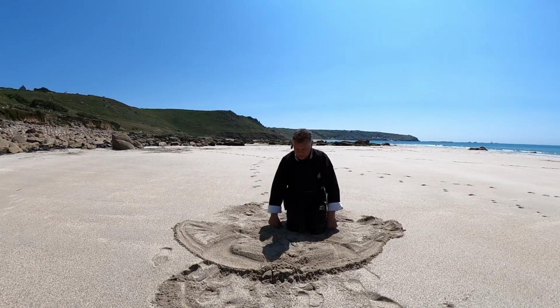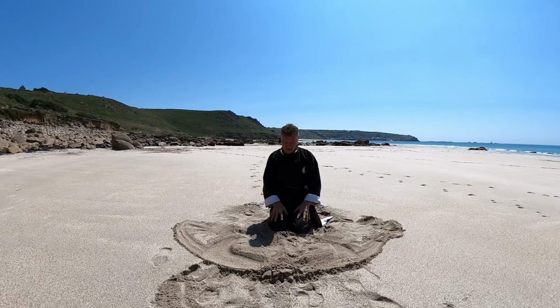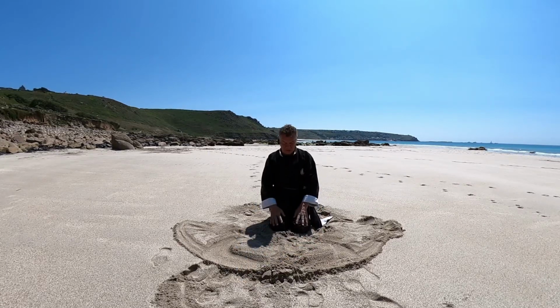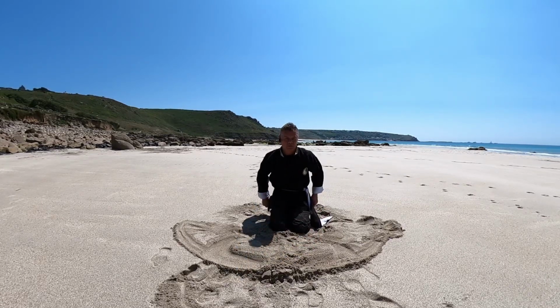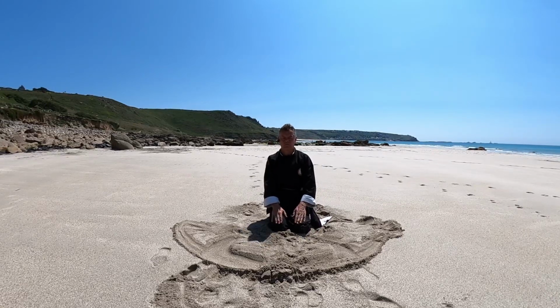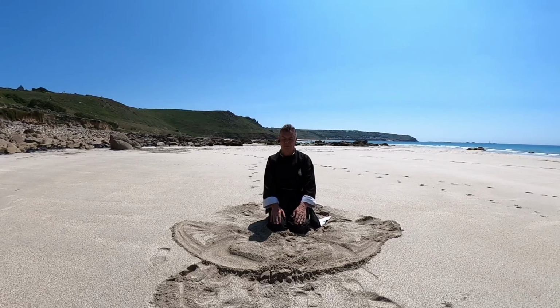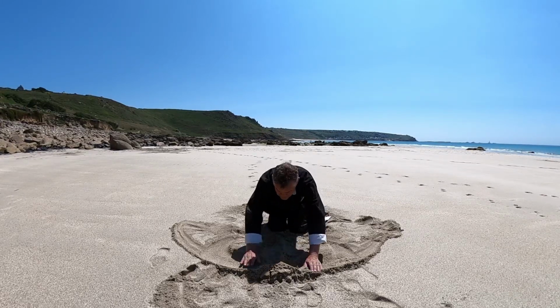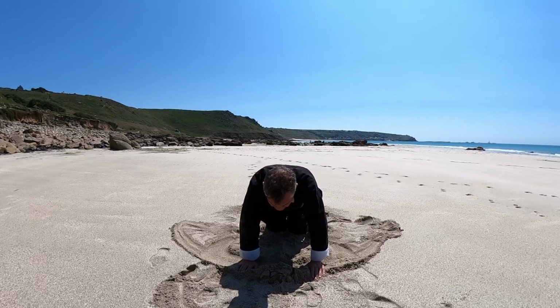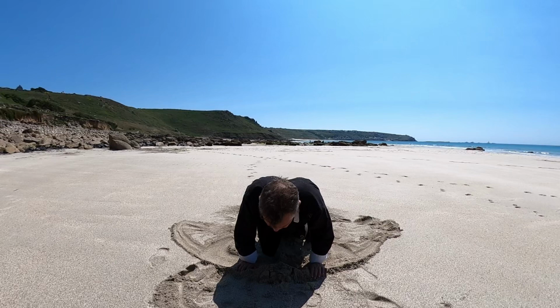Now, this is called a turtle stance exercise. We're beginning in this position, which is called praying mantis. Breathe in, forward onto all fours, and then breathe out, push forwards a bit, so your shoulders go a bit